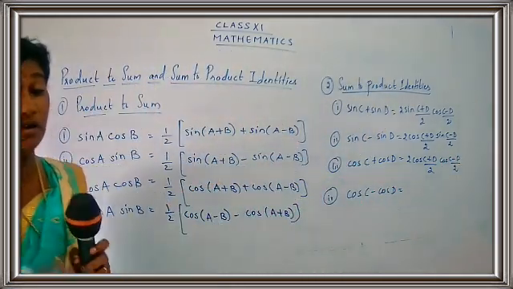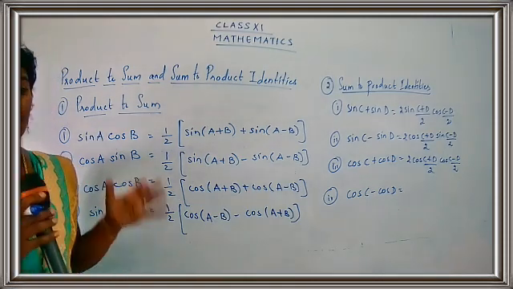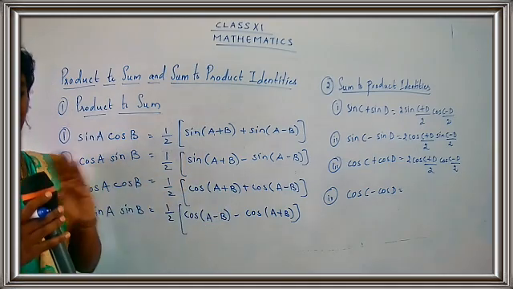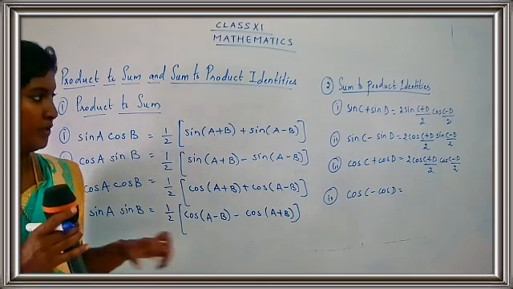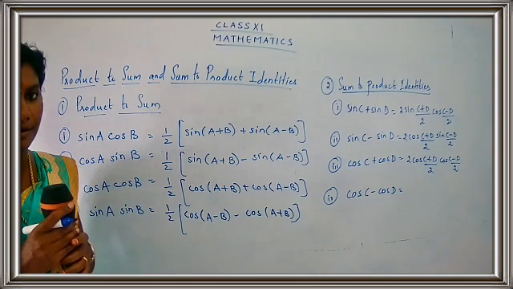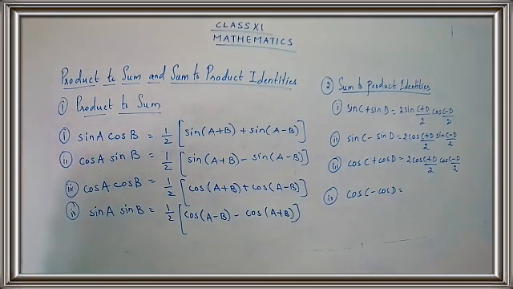If you just go on reading and memorizing every day, it will be easy to memorize. But the thing is, we have to always be in touch with the formulas. Every day, at least for 5 or 10 minutes, you have to go through all the formulas. Once you fix the formula, you will never forget. So what is the formula for cos C plus cos D? It's 2 cos C plus D by 2 cos C minus D by 2.